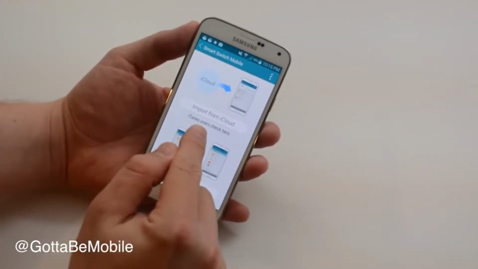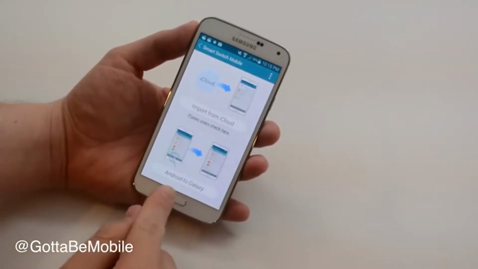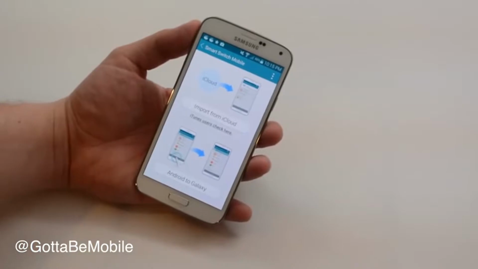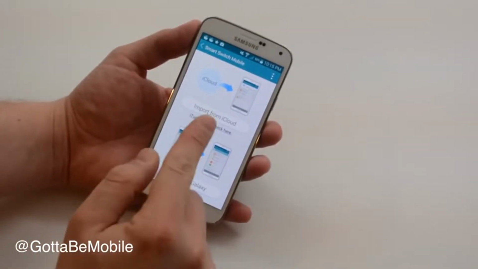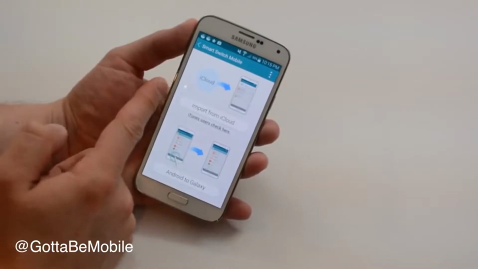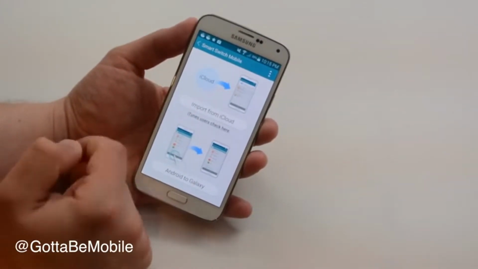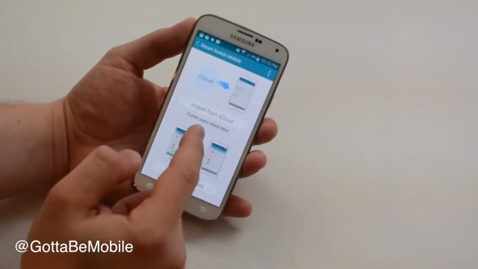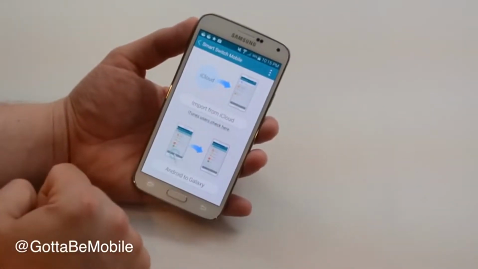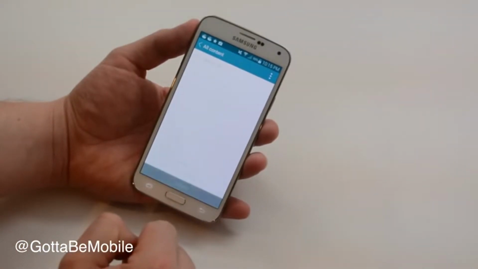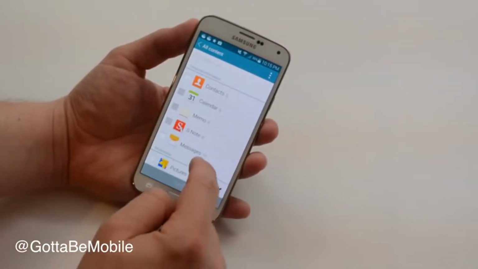You can also use iTunes if you're coming from iPhone. And if you're going from Android to a Galaxy, that can be a different Galaxy phone or really any Android, you can follow these procedures. iCloud will use the internet connection. iTunes will require you to connect to a computer and install, or I should say, pull your data over from an iPhone backup. And Android to Galaxy, if we go this route, we can pick all of the stuff that we want brought over,